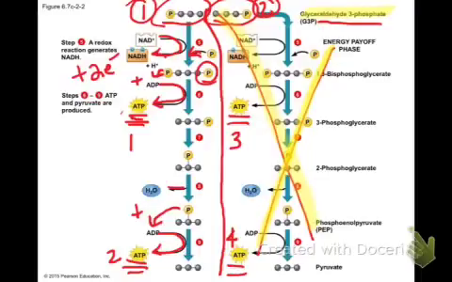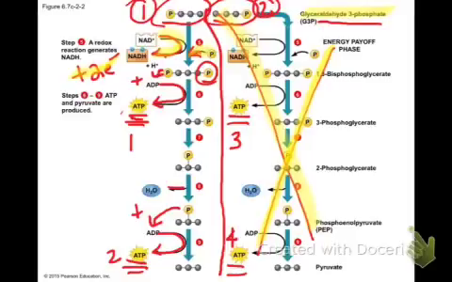First thing that we see is a reduction. So NAD becomes reduced. What does that mean again? Well, it means that it actually gains 2 electrons. We do see a phosphate added in here, and so we have another phosphorylation. Here's that other phosphate right there. Now, this is the energy-producing portion, steps 5 through 9, because you have